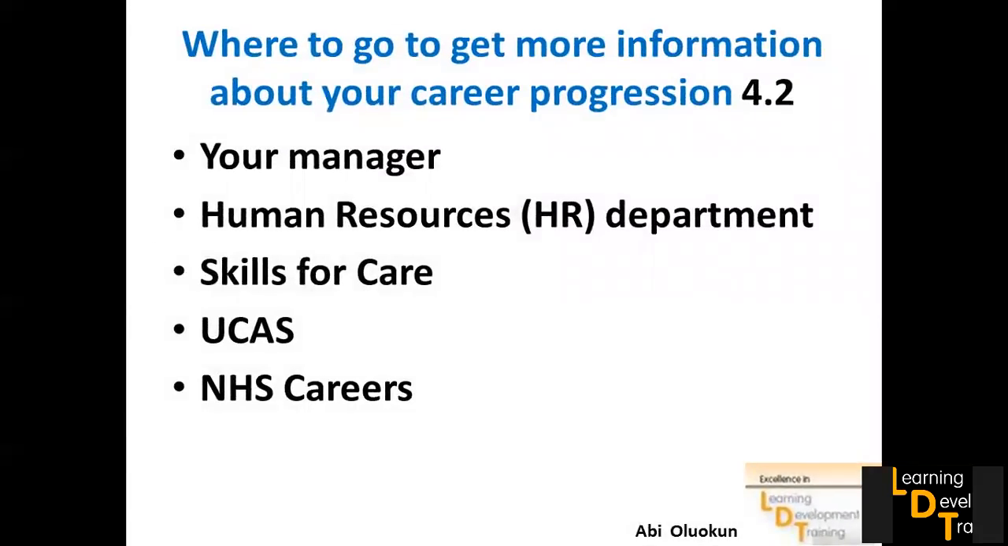Where do you get information about career progression? This will answer your question for 4.2. So you can speak to your manager, maybe during your personal development planning or your supervision sessions, appraisals. Speak to your manager. If you have a human resource department, that is also a good place to start. You can check the website for Skills for Care. Also, you can access UCAS